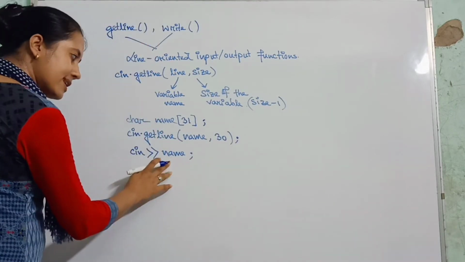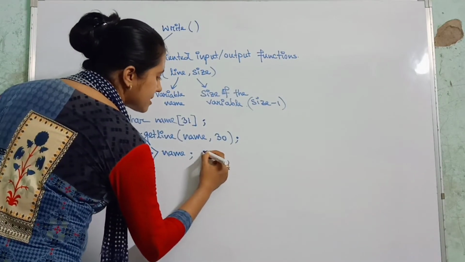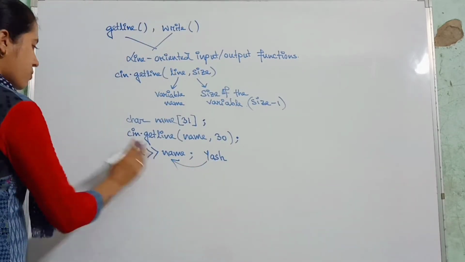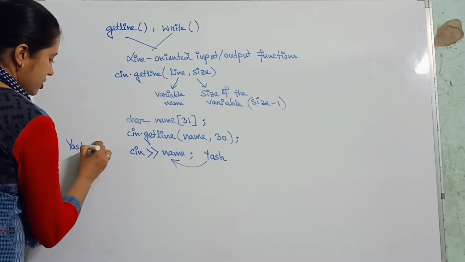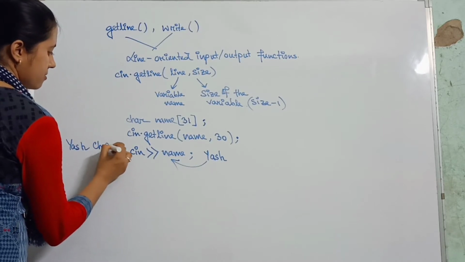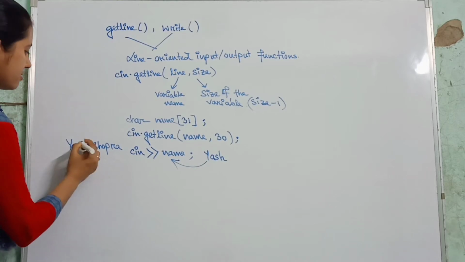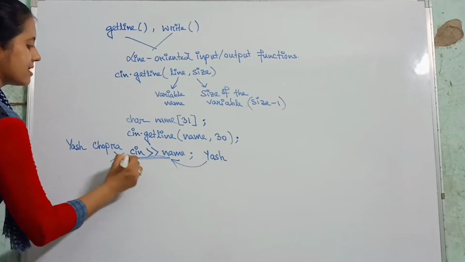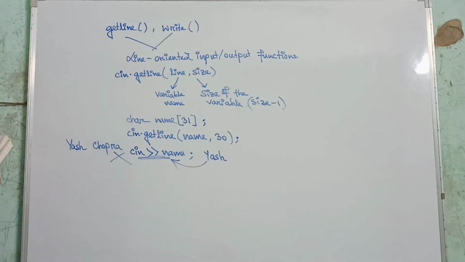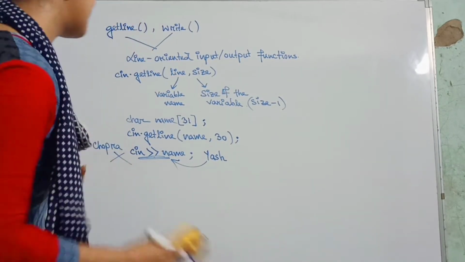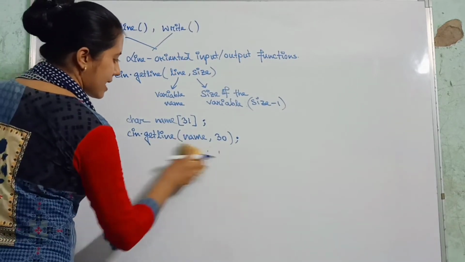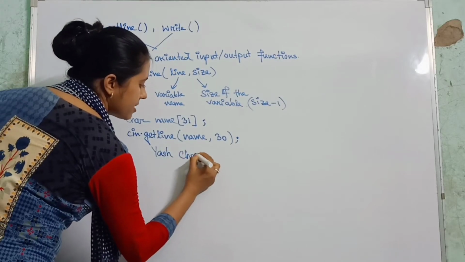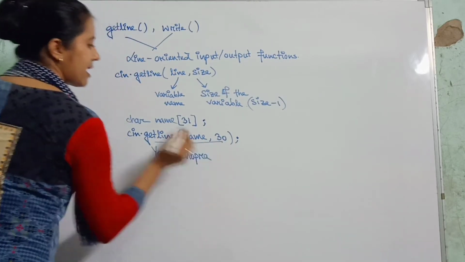But would it be possible if my name is like this, Yash, then it is okay. But what about if I write like this, Yash Chopra? So what will happen? Here one blank space is there. So this will not recognize this one. This will show certain error in the program. So in order to write a name by giving a space, we have to write like this. Yash Chopra. This is only possible if I use this getline.